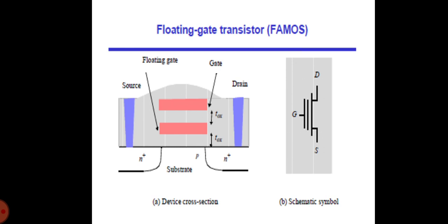The most obvious impact of inserting an extra gate is to double the gate oxide thickness TOX, which results in a reduced device transconductance as well as an increased threshold voltage. Both these parameters are not particularly desirable. From other points of view, this active device acts as a normal transistor. Most important, this device has the interesting property that the threshold voltage is programmable.